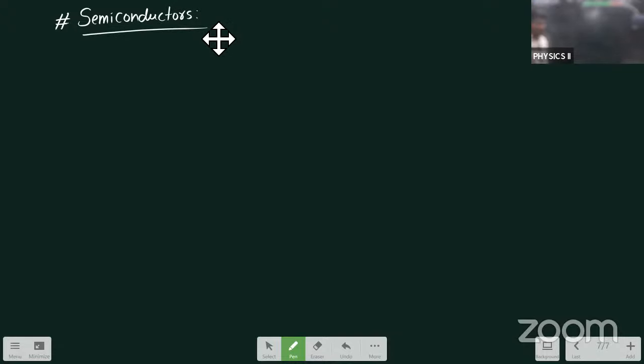Let us move on to the next important question from another chapter, SAQ, that is semiconductors. Another very easy chapter. Hardly there may be 4 or 5 SAQs. Out of those 4 or 5 SAQs, you may expect one SAQ as question number 18 in your annual examination. Okay. So here also we'll be discussing important SAQs for your annual examination. So let us start with